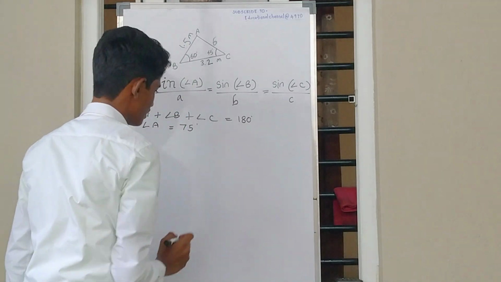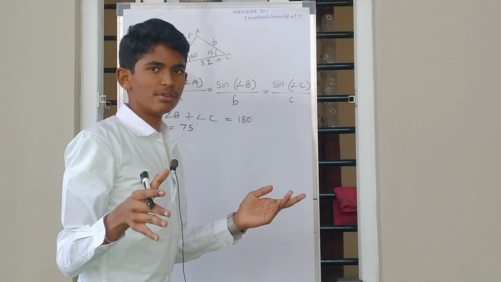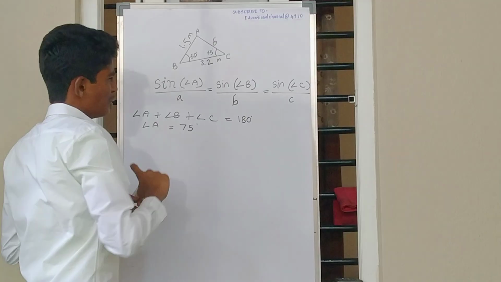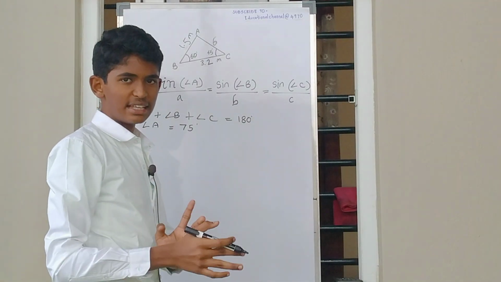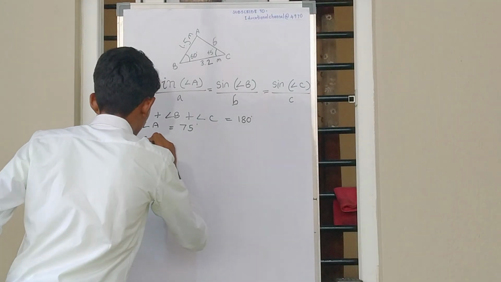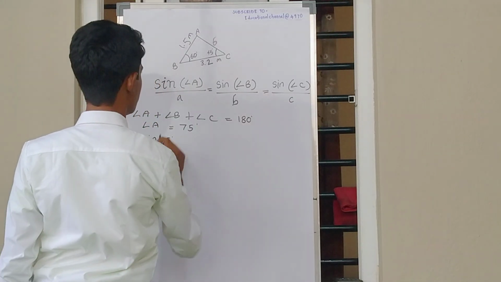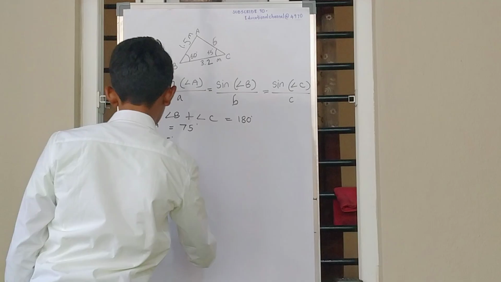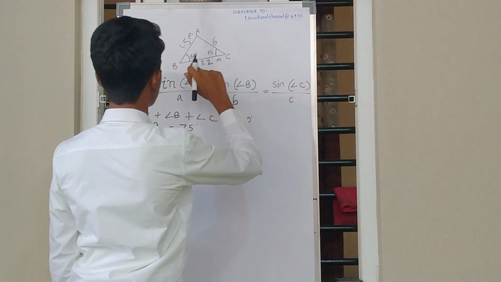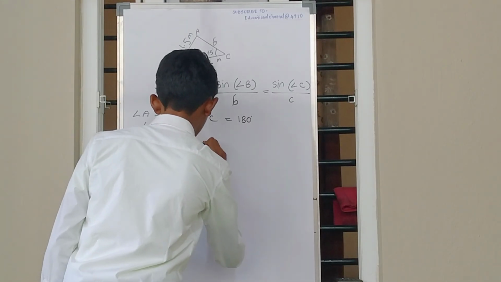Let's start. Sine of 75 degrees is actually a very complex irrational number, which we would use a calculator for. But sine of 60 and 45, we can approximate as 0.87 and 0.71. For now, we will start. Sine of 75 degrees by a, opposite to angle A, 3.2, is equal to sine of angle B. What is angle B? 60 degrees. Now let's take sine 60 as 0.87.